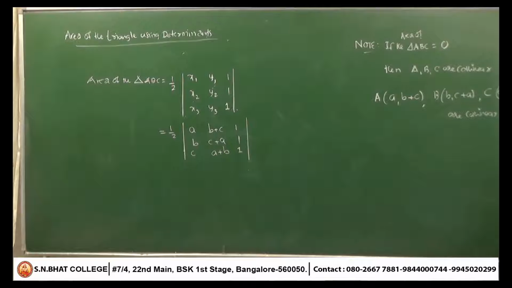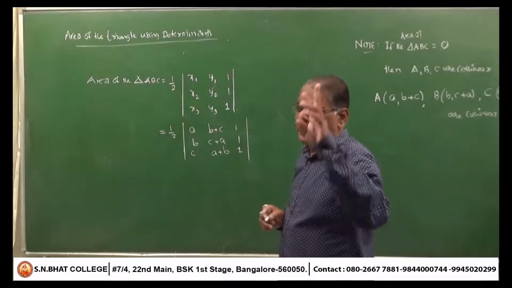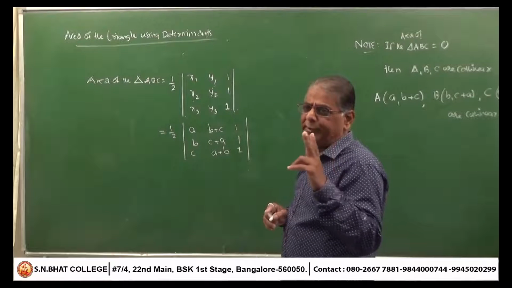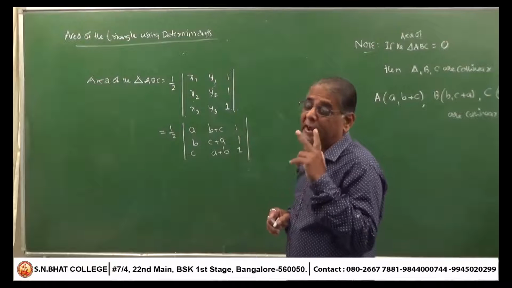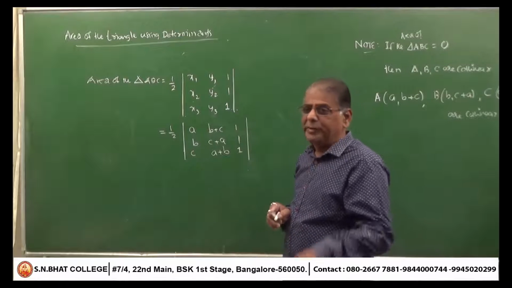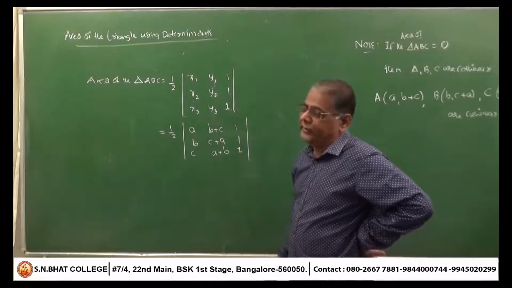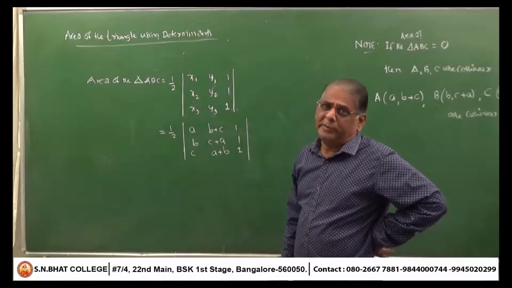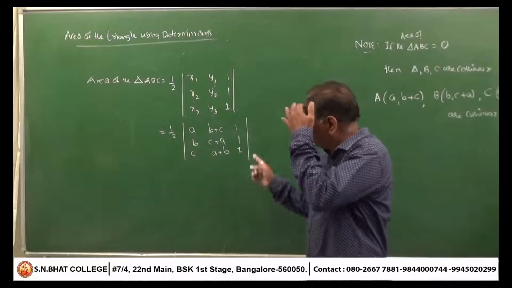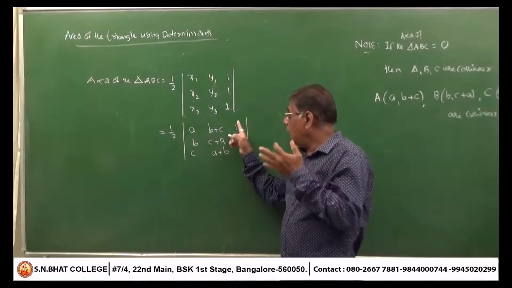See here, to get the value of the determinant as 0, there are two properties. One is, in a determinant, if any two rows or any two columns are identical, then the value of the determinant is 0. Second property is, in any row or in any column, all the elements must be 0, then the value of the determinant is 0. In this case, to get 0, I will make any two columns the same.